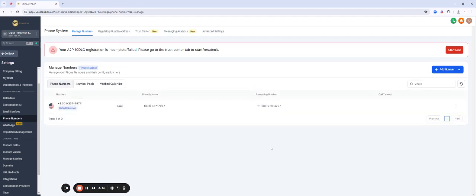All right, so let's say we're going to go ahead and add our phone number. We're going to click on that blue button on the right-hand side here that says add number with the plus sign in front of it. So we're going to click on that. A drop-down will appear, and we're going to add a phone number that's used for SMS and calls. So let's click on add phone number,